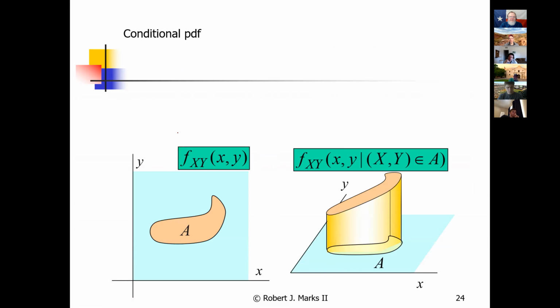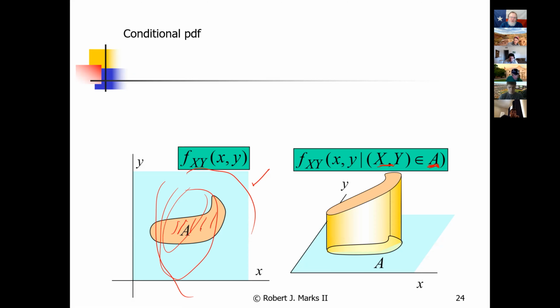So here's the way to think of it in a continuous sense. We have an f sub X of Y. This is a two-dimensional probability density function. It covers the entire plane, okay? Here might be the contour plots of it. It covers the entire plane. But we are not worried about it over the entire plane. We want the conditional probability density function that the random variable lies inside the area A. In other words, this area A.